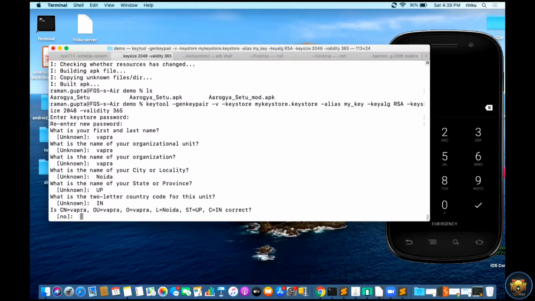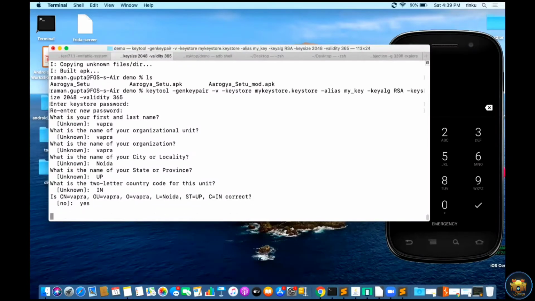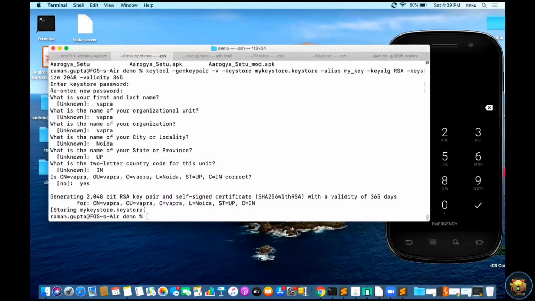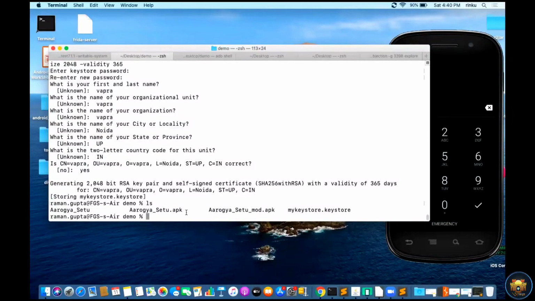My certificate is asking for confirmation, so I have given yes. After that, the keystore is generated. We can see it using the ls command. Here is my keystore, mykeystore.keystore. So the keystore is created, and I can use it to sign my modified APK.